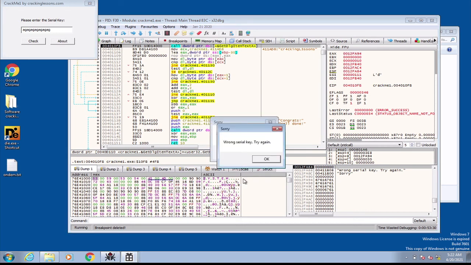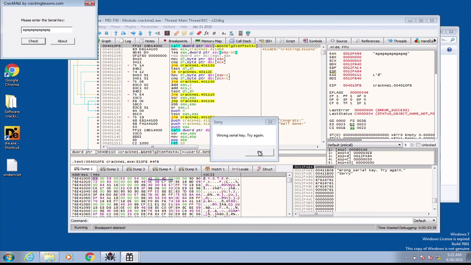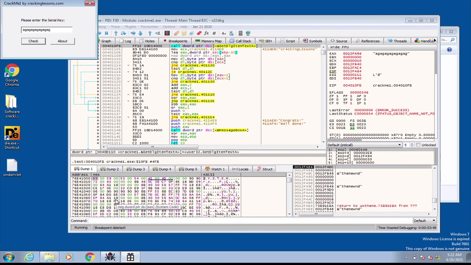You know, it took some time because I told you the machine is already slow, because a whole lot of things are running in the background. So let's click on OK. We don't need this. You see, it has printed a whole lot because I put on more instructions. Okay, so let's close this. We don't need it. So you see, it's still a wrong key, but remember we copied a key. I'm going to put it in and see what will be printed out. So come back to the debugger